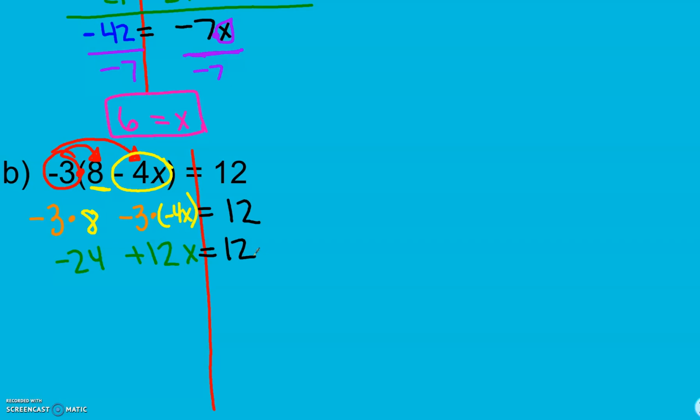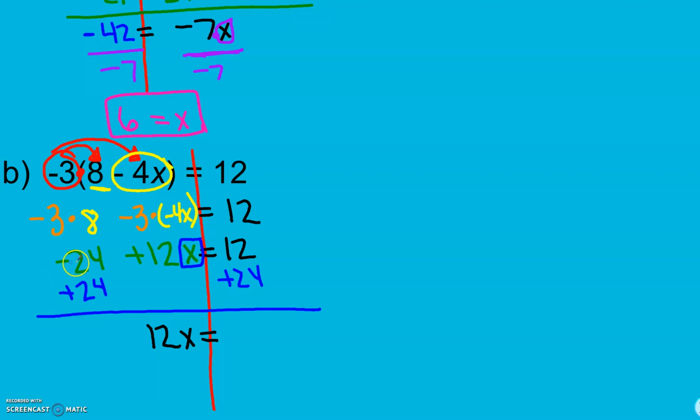So we start solving. I want to keep my variable term together until the end. Two-step equations, we always add or subtract first. To get rid of a -24, I add 24. And that gets me to 0. So I still have that 12x equals, and again, -24 plus 24 is just 0. Here, 36 on the right side. And again, because I added 24 on the left, I have to add it on the right to keep it